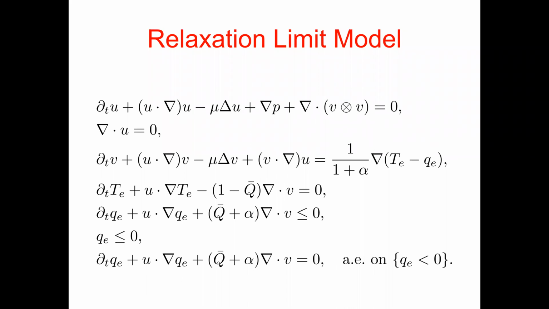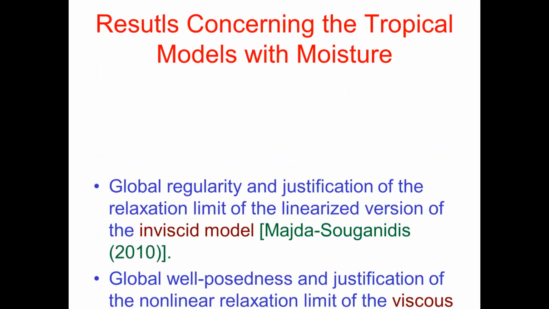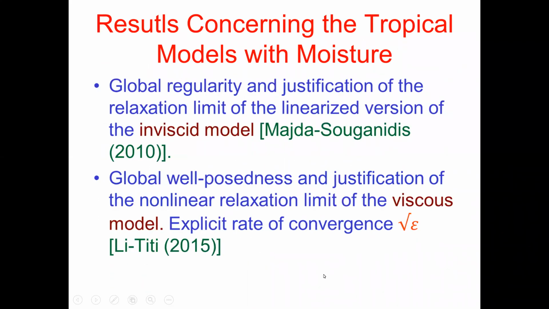But anyway, so we prove uniqueness also for this limit. And in fact, we can also show the explicit rate of convergence of order square root of epsilon. So this is the other result that we have concerning this specific model. And now I would like to continue and